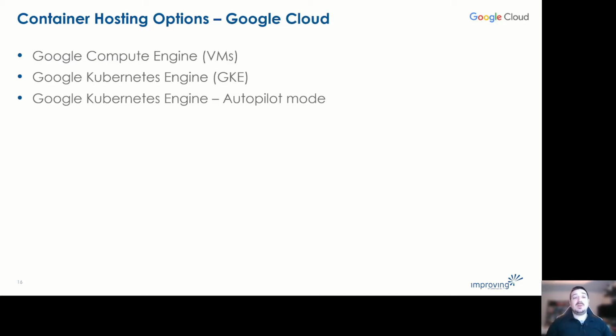In Google Cloud, you've got Google Compute Engine, which is virtual machines. You've got Google Kubernetes Engine, again, fully hosted Kubernetes that you manage. But then there's Google Kubernetes Engine with autopilot mode. And this is their version of serverless Kubernetes, where you just manage the application and pods. They take care of Ingress and actually managing the nodes. So it makes sense here. Google is the primary partner for the Kubernetes foundation and that product. So really embracing Kubernetes as the container hosting platform within Google Cloud.